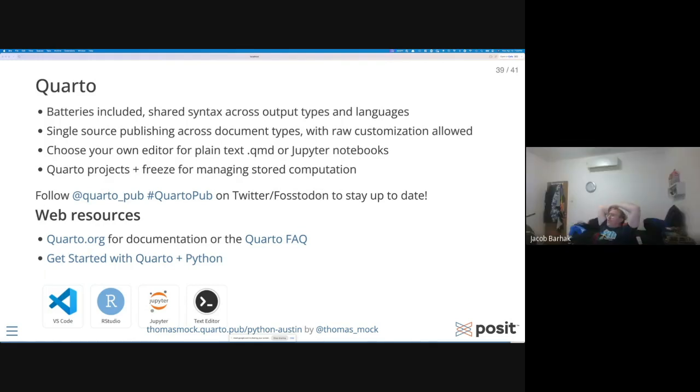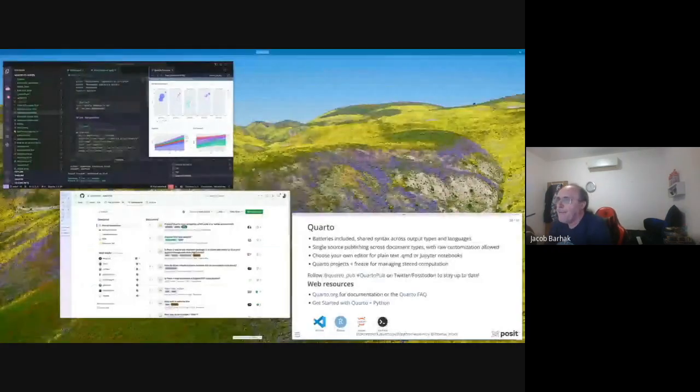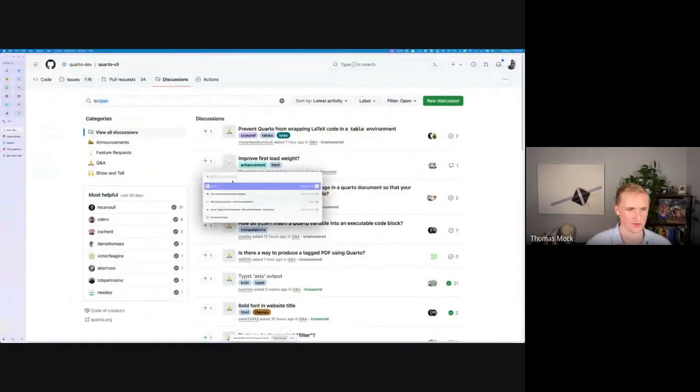There was a question in the chat. I'm not sure if we got there. Robert was asking if you can import or convert from PDF into the Quarto format. Right. Yeah. So Quarto is not importing PDFs directly,